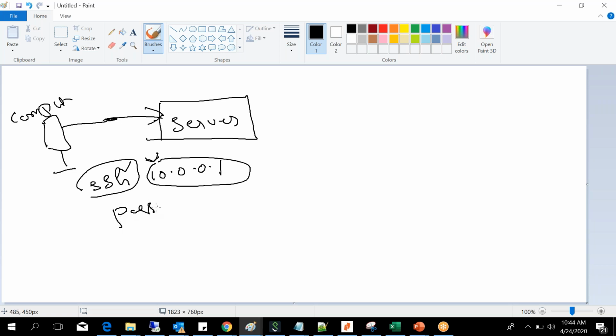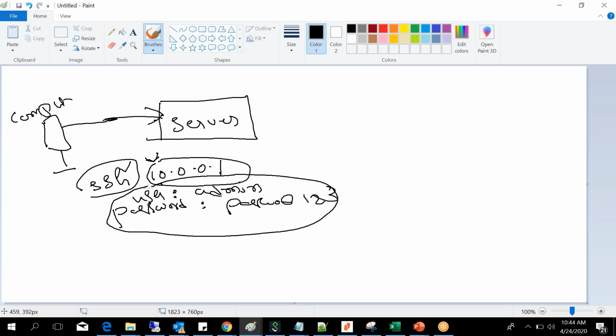It prompts first for the username. So who is the user? He's the Wintel guy. He will give his username, let's say something like admin, and then the password, something like password@123. So what happened? The whole username and password will be encrypted, and the encrypted username and password will go to the server. Why encryption?